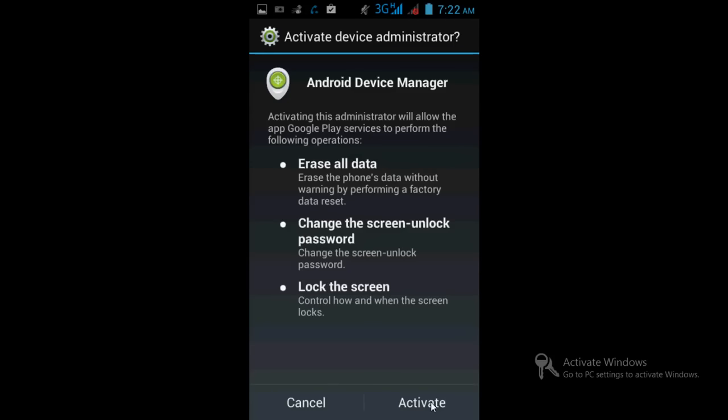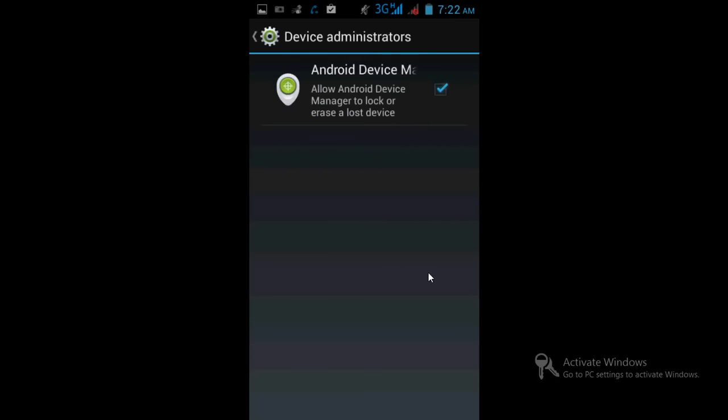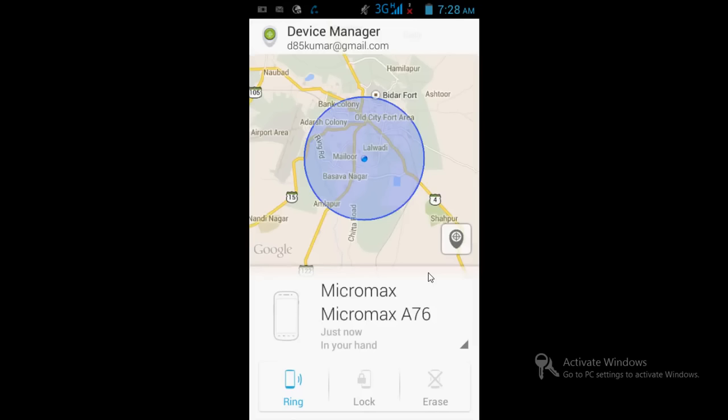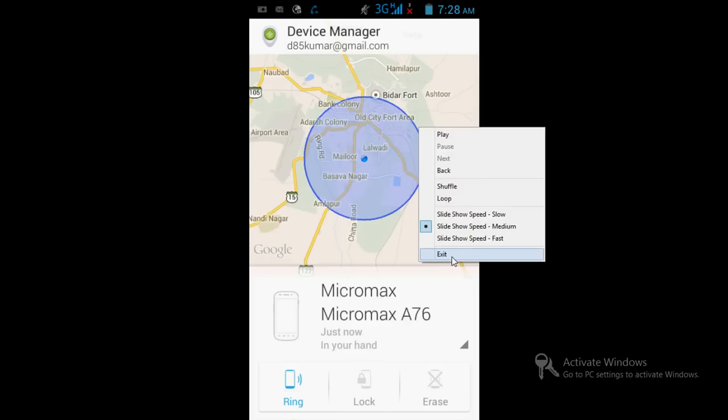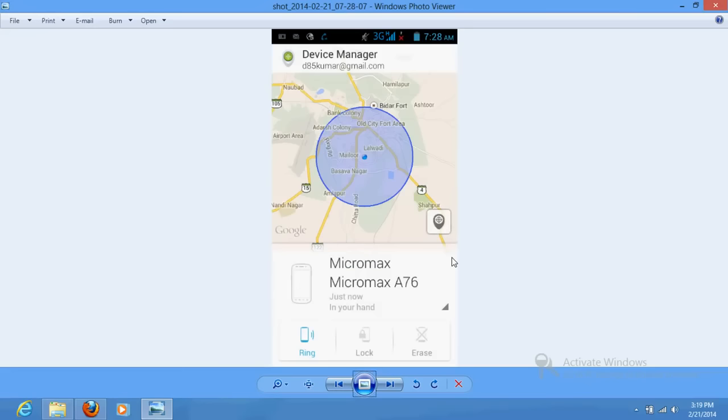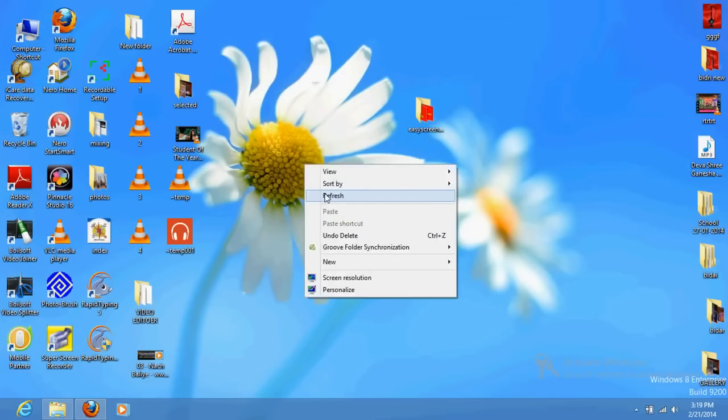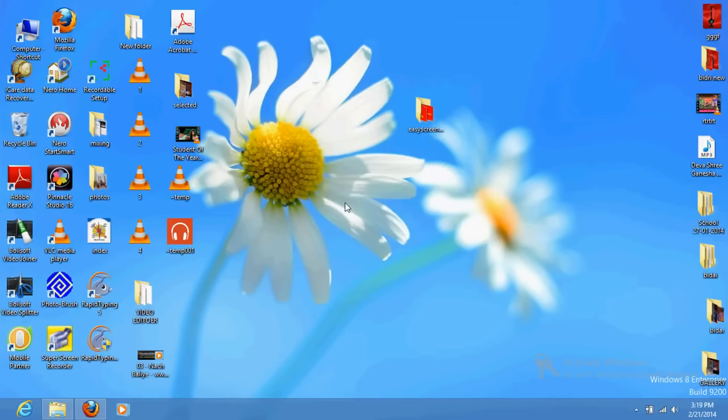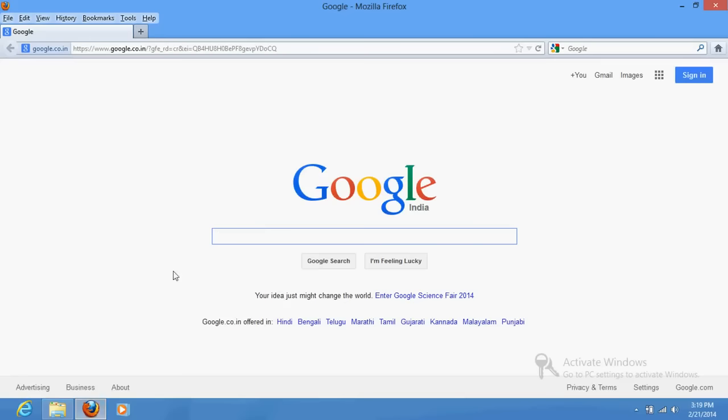Click on activate. Once you do that, you will get a check mark here. When you open the software in the phone, you have this kind of option. Apart from that, if you lose this phone, this software should be activated. Suppose you lost your phone, then what do you need to do, how can you track it? I'm showing you the main thing. First go to Google. Since it is a Google software, type in Google Android